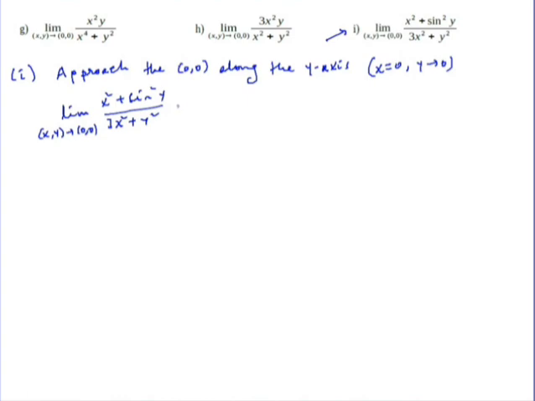So approach the origin along the y-axis, ያ ማለት xን 0 አድርገን yን a number very close to 0 እንወስዳለን። In this case the limit becomes ቀጥታ xን 0 አድርገን መጠቀም እንችላለን። ቀጥታ xን 0 በማስገባት yን ወደ 0 አፕሮች ማድረግ ነው። So in this case it becomes the limit of sin square y over y square as (x, y) approaching (0, 0). This becomes 1. ይሄ 1 ነው የሚሆነው።